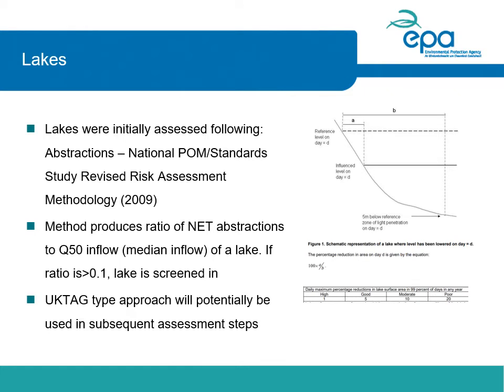In terms of how lakes were assessed in 2017, well, the assessment process followed was the one developed in 2009 in the National Programmes of Measures Standard Study Revised Risk Assessment Methodology in Ireland. And the method that entails is to produce a ratio of known net abstractions to the Q50 inflow, that is the median inflow of the lake. The net abstractions are the total known abstractions minus any known discharges in or upstream of a lake. If the ratio of the net abstractions to the Q50 inflow is greater than 0.1, the lake is screened in